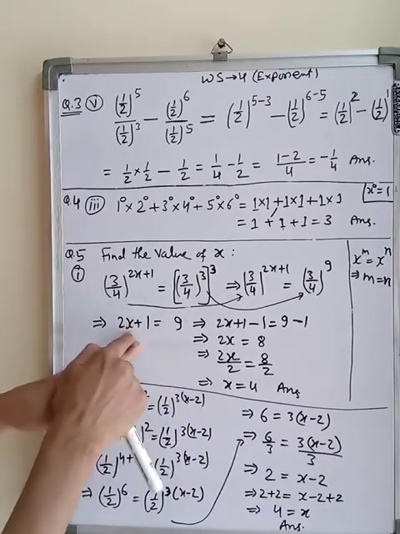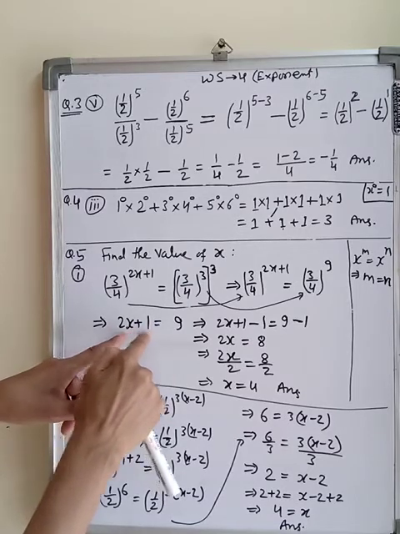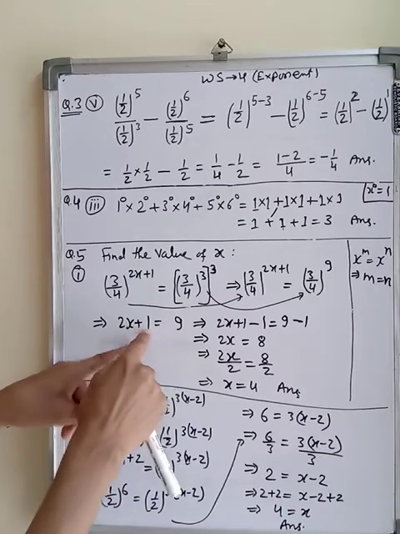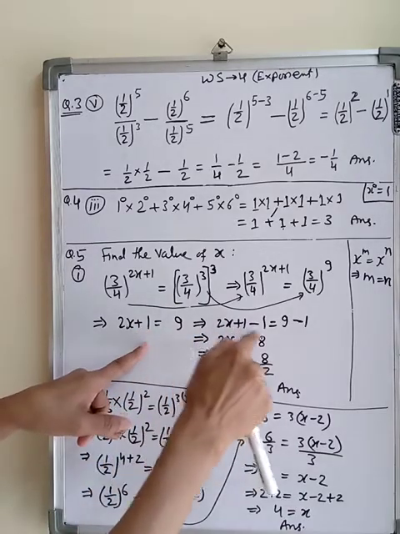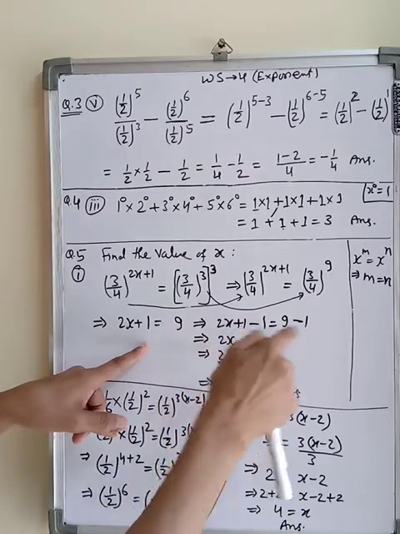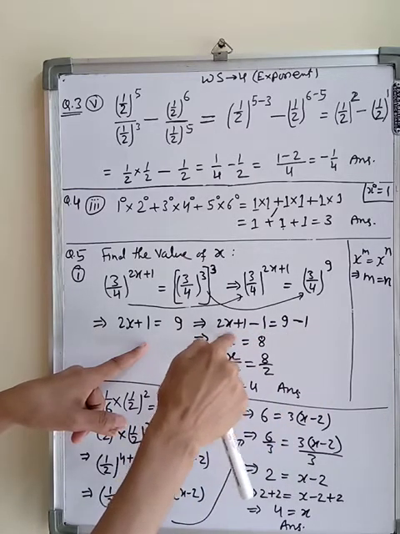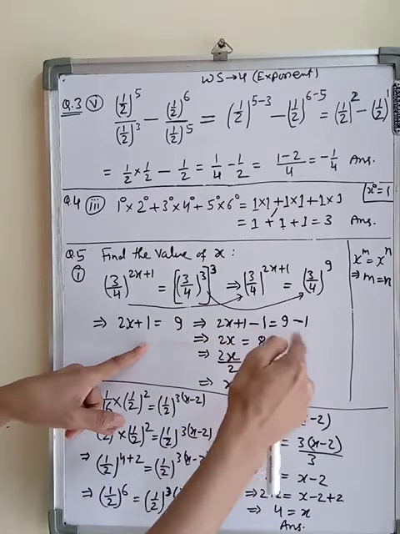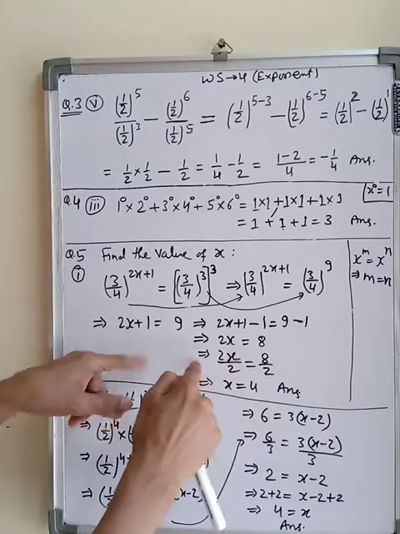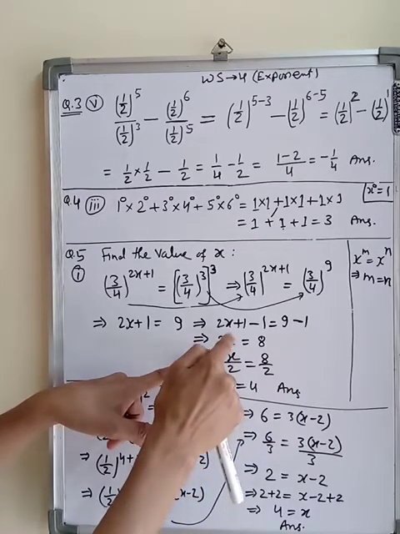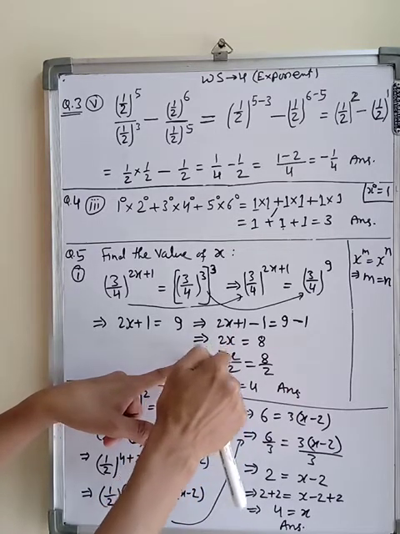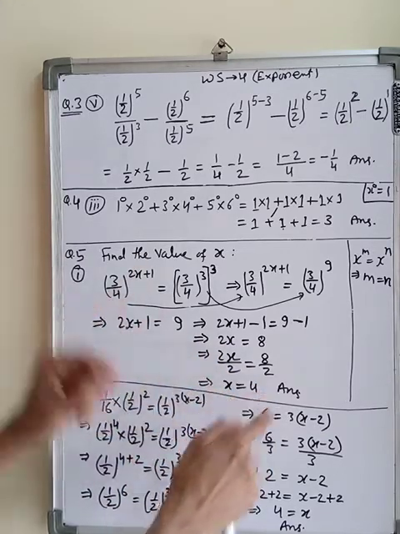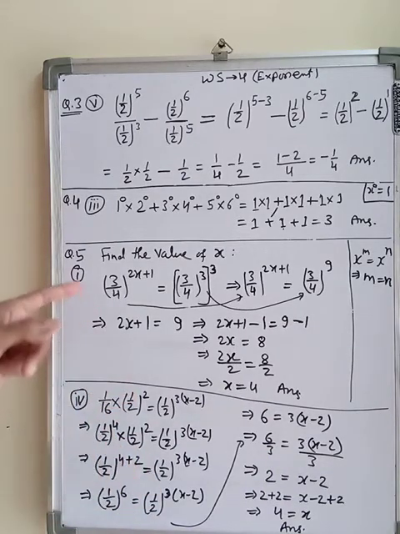You remember how we have solved? 2x plus 1 is equal to 9 means we have to find the value of x. So 1 we have to remove. How will we remove it? In between plus is given, so we will subtract 1 from both sides. So 1 subtracted, what did we get? 2x is equal to 8. 1 minus 1 is 0, only 2x left on the left hand side, and on the right hand side 9 minus 1, 8 is left. Then 2x. We have to find only x. So how will we remove this 2? By division, divided by 2. So x is equal to 4. This is the answer of this question.